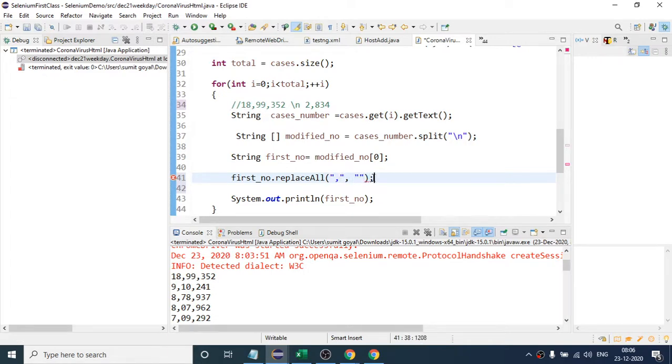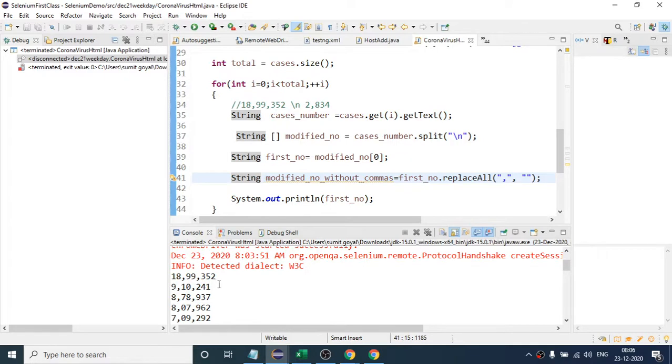It will give you one number, and I will call it modified number without commas, and I will capture that in one string variable because it is a string, it is not an integer.